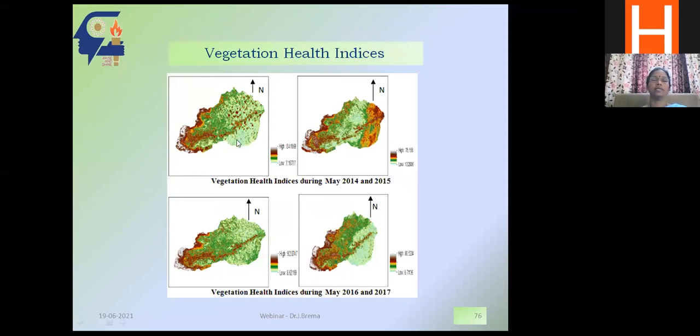And health indices. This one shows the drought, whether actually your area is under drought, or the soil moisture is decreasing, or you're going to face a drought, something like that, you can easily study. So we can see what are the patches. These patches, you can see how the changes are taking place. The vegetation health is less, and as the water content increases, the vegetation health is better.